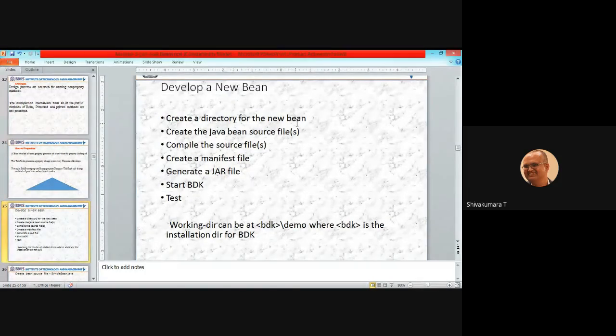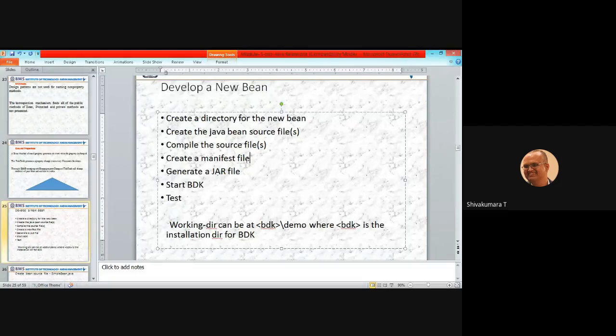Create a directory for the new Java bean. Create the Java bean source file. Compile the source file. Compiling the source file means generating the .class file. Create a manifest file. It's a configuration file. In this manifest file you mention which file is the Java bean file.